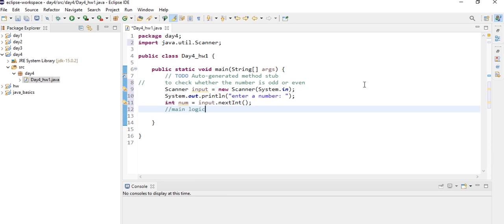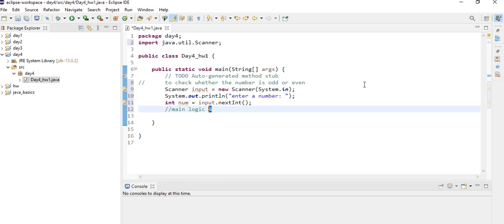So before writing the main logic, let's come to a question like, when can we say a number is even? So we can say a number is even when it is perfectly divisible by 2, and when the number is perfectly divisible by 2, here we are going to use the percent symbol, that is the modulus operator, which is on the screen, which is highlighted now, to check whether the number is divisible by 2 or not, that is even or not.